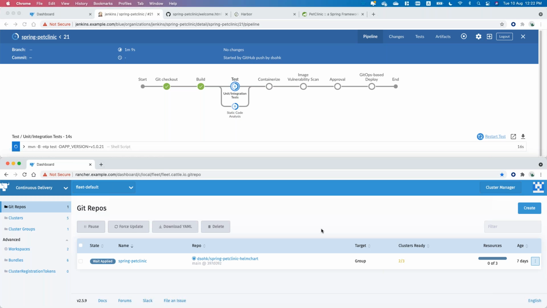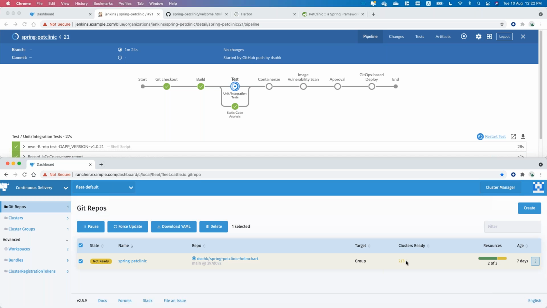So you will see that there's one cluster adding up. So the cluster is now adding into this target group. And that's why it's trickling out. So it's adding a new cluster. Initially, it has only 2 clusters, but